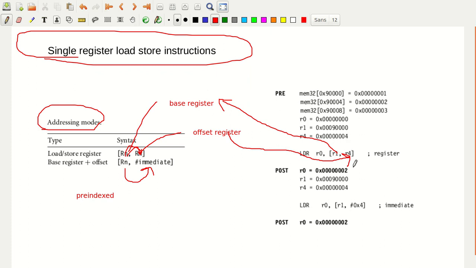See, this is the content. First, R0 is taken to be 0x 8 zeros, R1 is 0x 0009 4 zeros, and R4 is 0x7 zeros 4. Okay, this is R0, this is R1, this is R2. Now this is the instruction that is taken: LDR R0 comma bracket. Bracket indicates that you are taking the content from the memory. This is similar to the data processing instruction: LDR R0 comma bracket R1 comma R4.